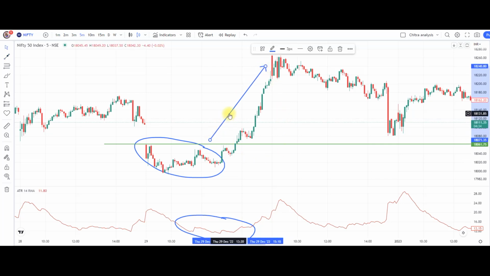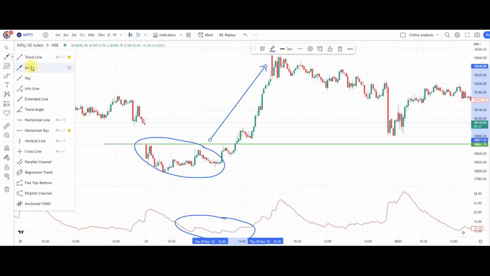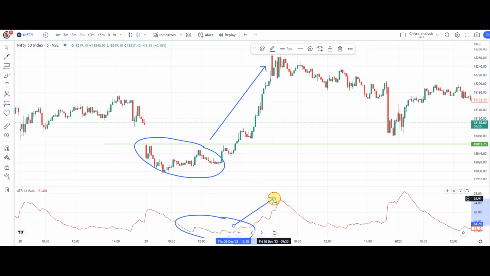When the price is moving higher and we look into the ATR, the ATR is also moving up. This will give us the double confirmation to enter into the trade and hold the trade. So this is how we have to use the ATR in our trading. Yes, we can use ATR for intraday also, in the 15 minutes or 1 hour time frame chart, depending upon which type of traders we are. We can also use it in the daily, weekly and monthly charts too. First, we have to understand how to use the ATR in our trading.